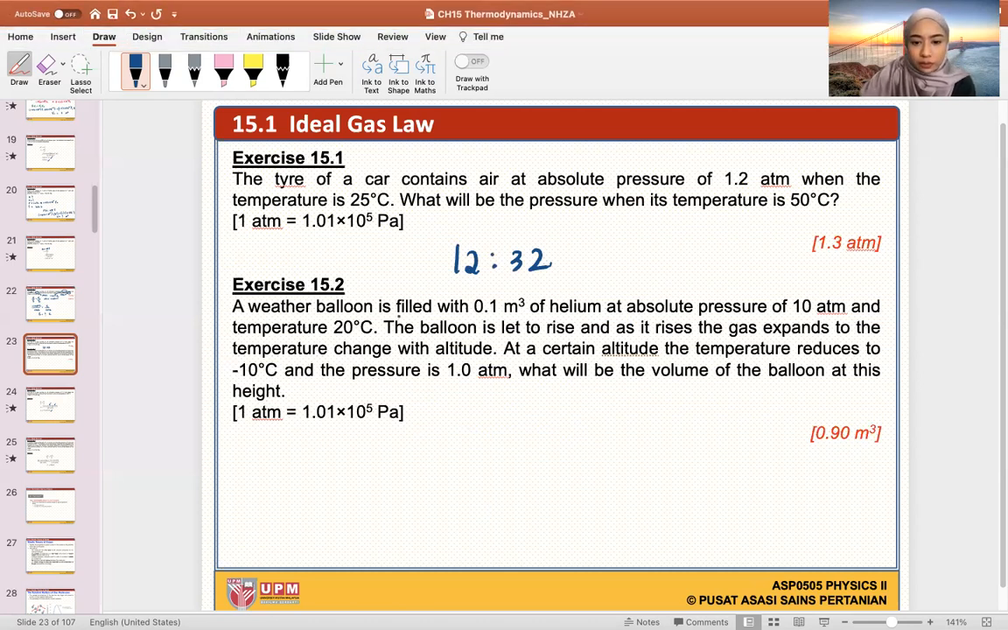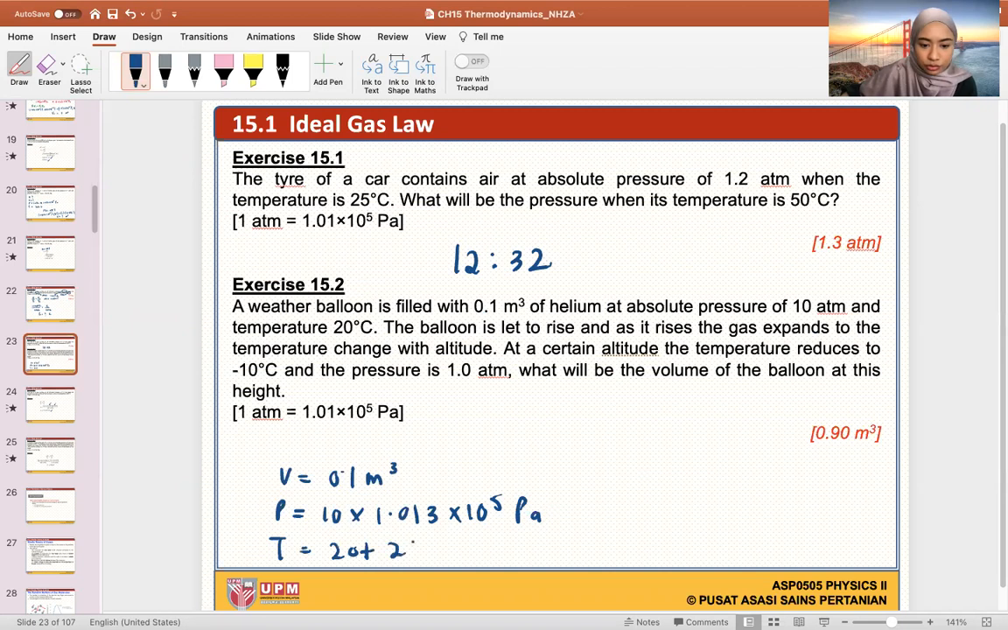Okay, where the balloon is filled with 0.1 meter cube of helium at absolute pressure. So we have volume 0.1 meter cube, absolute pressure of 10 atm. So P is 10 times 1.013 times 10 to the 5 Pascal. Temperature of 20, so T is 20 plus 273 K. So it is asking,